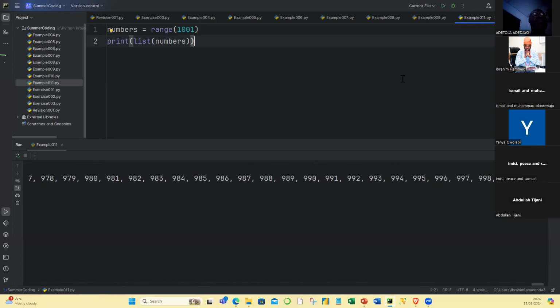Someone else may ask you, write a program that will show me even numbers between 1 and 100, or between 0 and 100. That's a technical question, but you can actually solve it with about 4 lines of code. And everybody will be like, oh, really? Is that possible? Yes, it is possible. And I'll show you that and end today's session. So what you want to see is even numbers. So I'll say